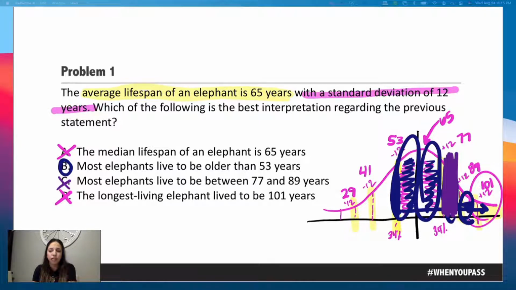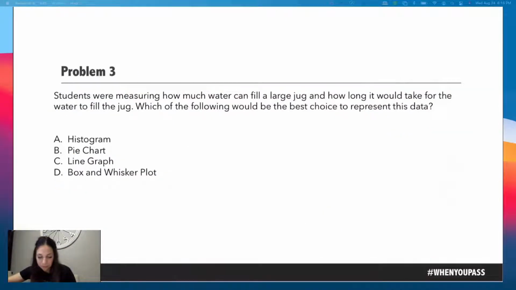Do I subtract from 100% to get 34? No, I literally just took what we know to be true about a bell curve, which is that one standard deviation away is about 34% of your data on either side. 2 standard deviations away is about 12 to 14%, and it keeps going down from there. All right. That's that problem. Let's keep moving on to other problems.